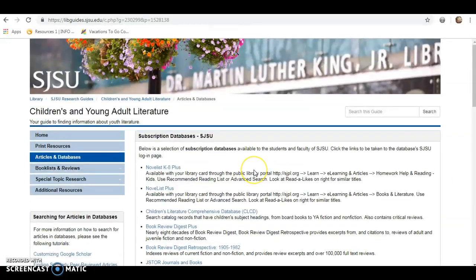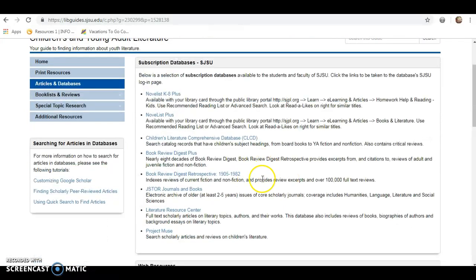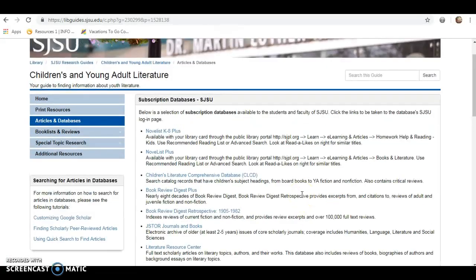So the point of the research guides is that these sources have been curated and vetted by the librarian that oversees this subject. So it will actually start you out on the right track for that subject and your research. It doesn't have to stop here, but this is a good place to